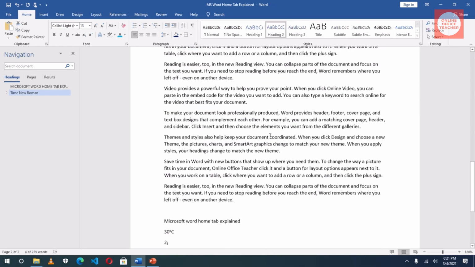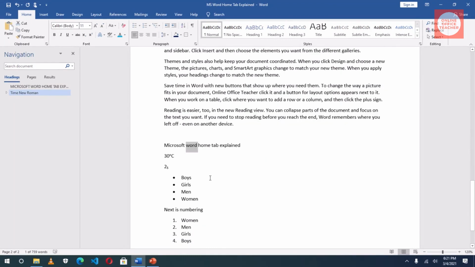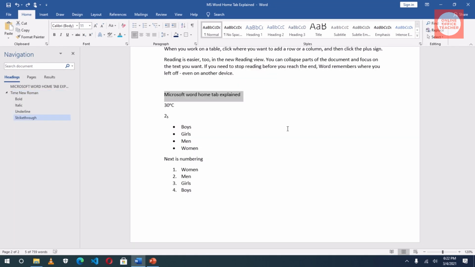Going down, we have Microsoft Office Word Explained. Okay, this is not a real title. I can just change it to something else. So after highlighting the whole thing, I'll say bullets and numbering. Okay, so to take care of the whole of this, click anywhere here,